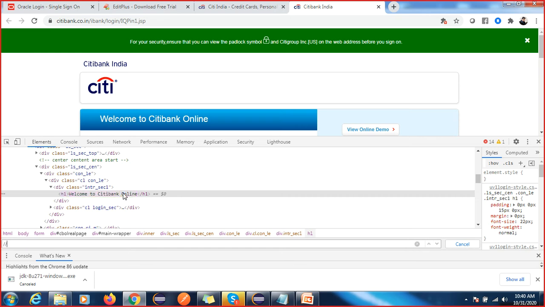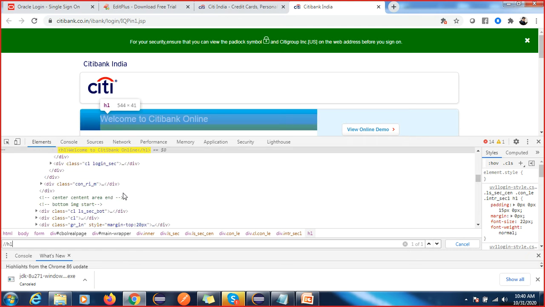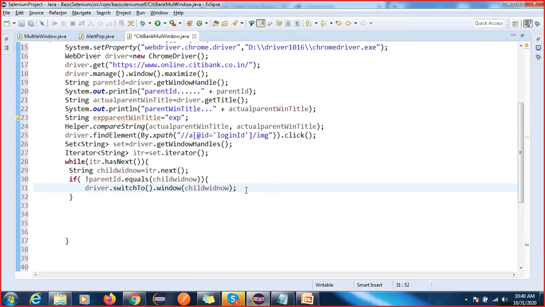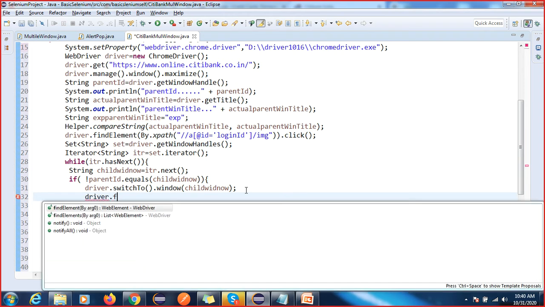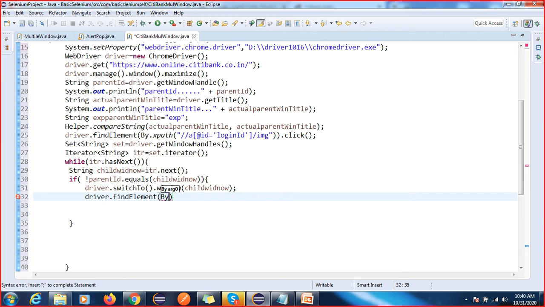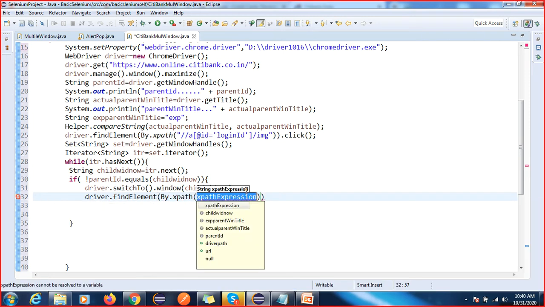So this is your h1, right? For the h1 we can use the contains function with text. Got it, right? So now I am finding the element and I will validate. Same validation we can do here. So driver dot find by dot xpath. Okay, so this is the